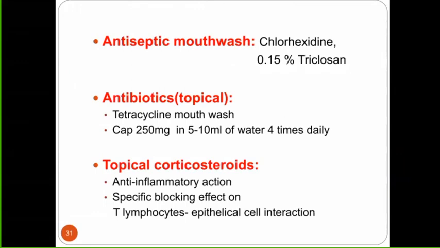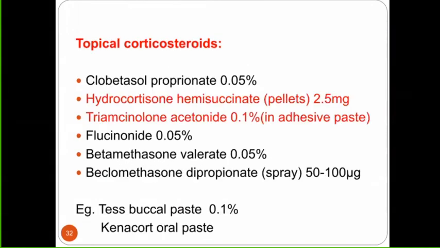And steroids, very useful, and they have become the first line of treatment in abscess. Why? Because pain is a major characteristic, and steroids are known to reduce inflammation. So if your inflammation goes down, the pain is going to go down. Right? So topical corticosteroids have become the main drug of choice for abscess ulcers. So what can we give? We can give clobetasol propionate 0.05%. We can give hydrocortisone, fluocinonide, triamcinolone acetonide. This is very commonly used.